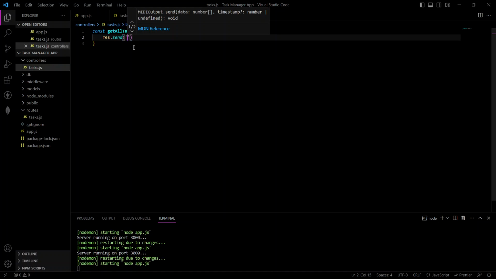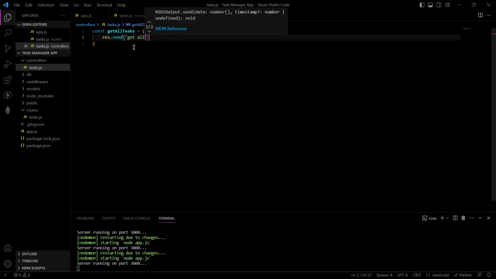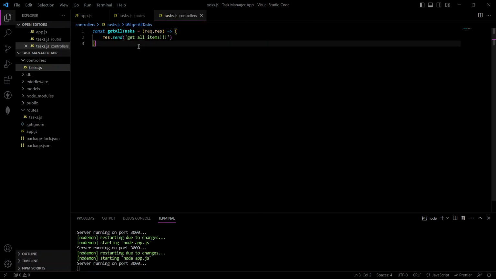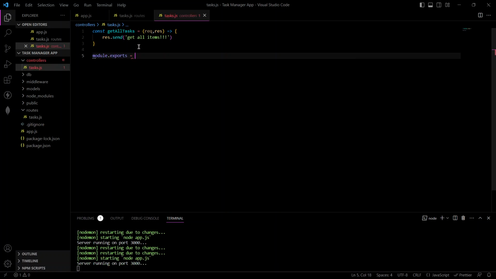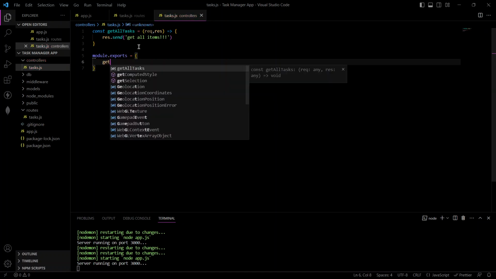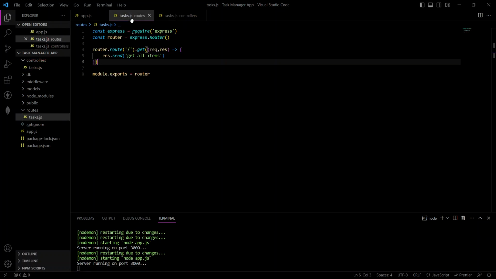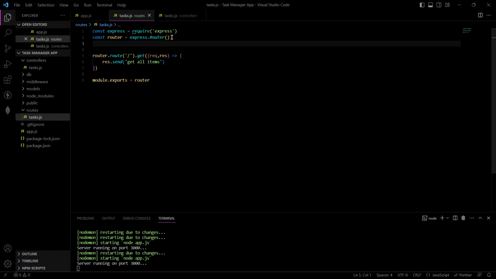Where's that send? So I'm just going to get all items. Okay. Then what I can do here is say module.exports, and since I will also be exporting other functions, I'll just export it as an object. So it's going to be getAllText, and then I'll come back to my route and import it. I'll destructure it also. getAllText equals to